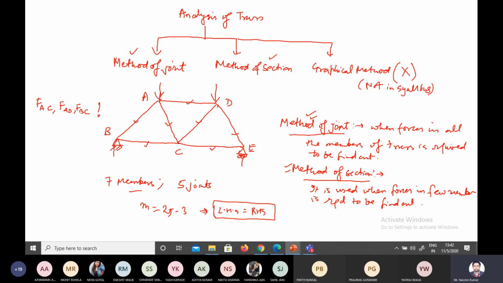First, write the definition of truss. You have to maintain the course register. Okay, what I am telling you. These course registers will also comprise marks. So write down the definition of truss. It is a structure